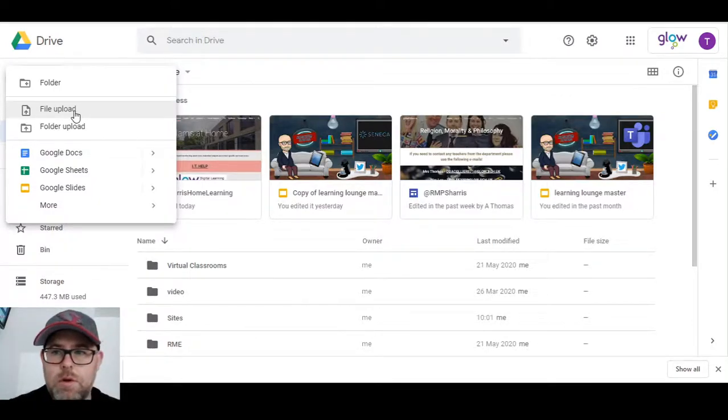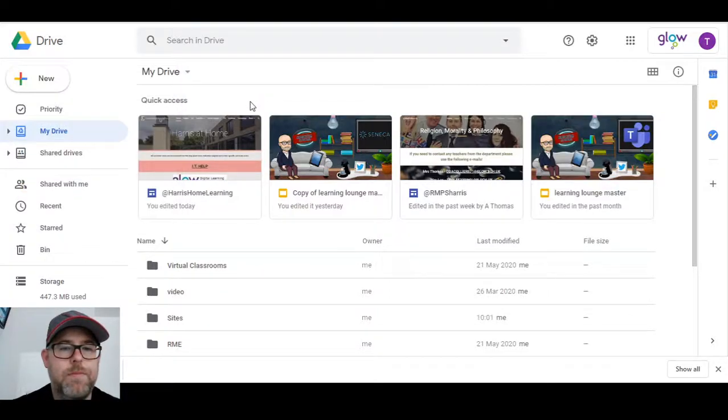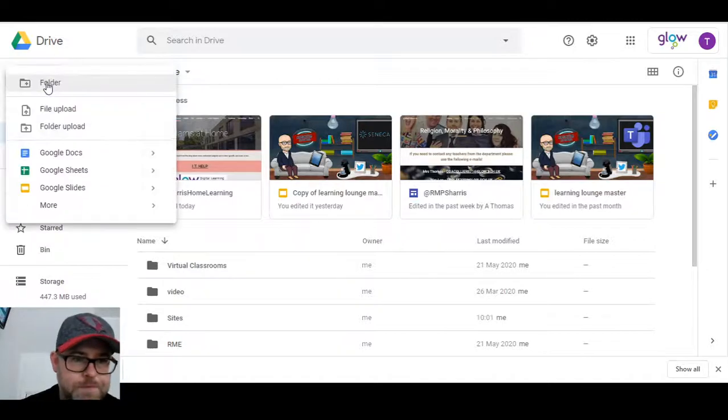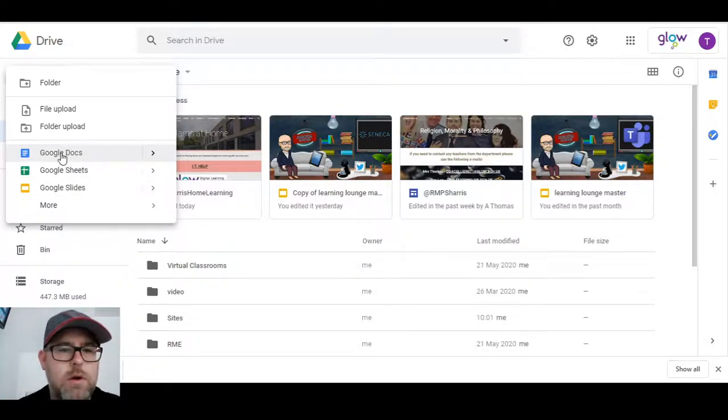But one of the things that I want to show you this morning, which is really, really handy, is using their own kind of office system within it as well. And this might be really handy if you don't have Microsoft Office, you're struggling to download that. This is a really good one to go to as well. So, say for example, I get some English homework, and within that English homework, I'm asked to create an essay or a piece of text. What I can do is I can click Add New. Because it's English, I could create any of these really, but I'm going to go for a Google Doc, and that's just like a Word document that you would find on Microsoft. And if I click that,